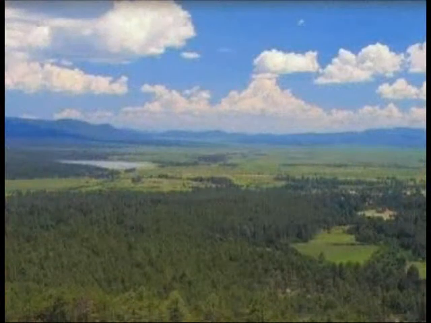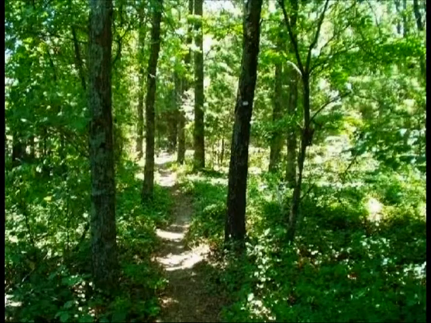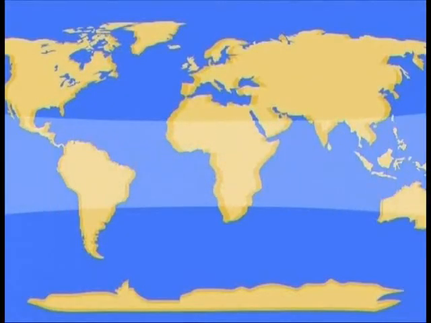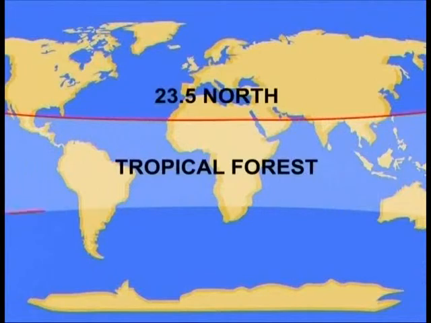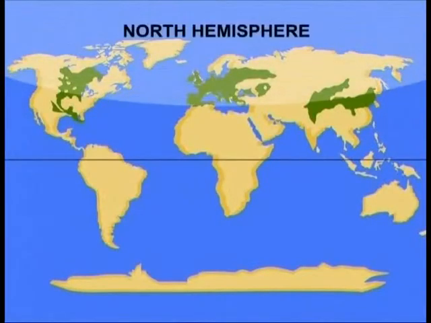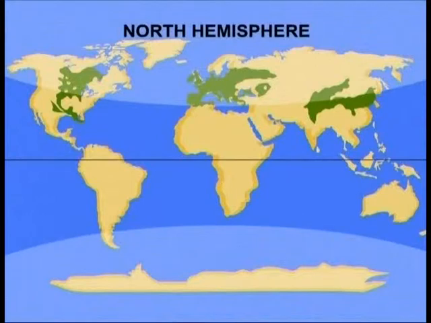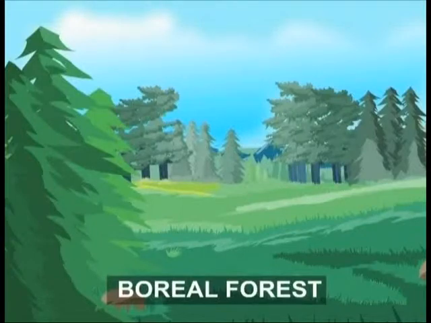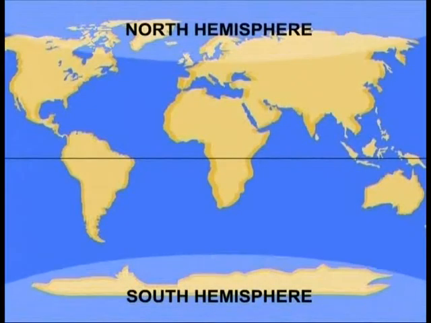Today, the three major types of forests that inhabit the Earth and are classified according to latitude are tropical forests. These forests are spread across the tropical zone, 23.5 degrees north to 23.5 degrees south. Temperate forests: these forests can be found between 23.5 degrees north to 66.5 degrees north and 23.5 degrees south to 66.5 degrees south. Boreal forests or taiga: these are found around 66.5 degrees north to south poles.